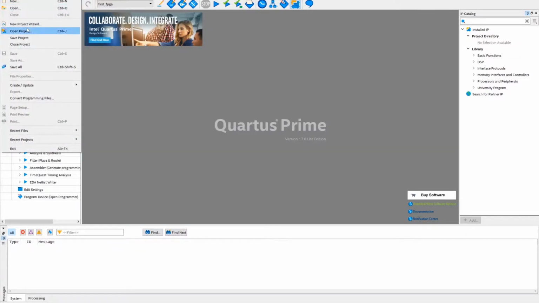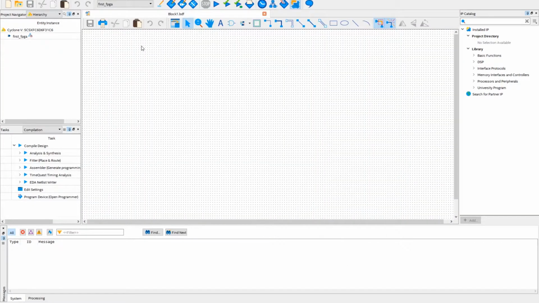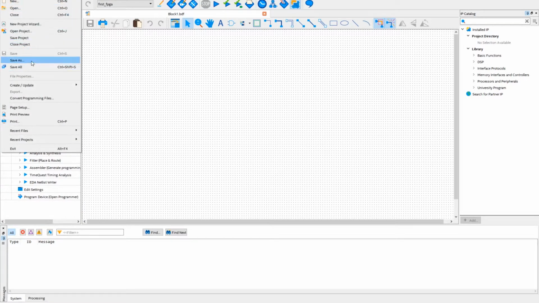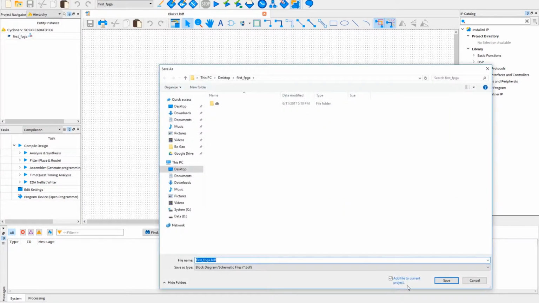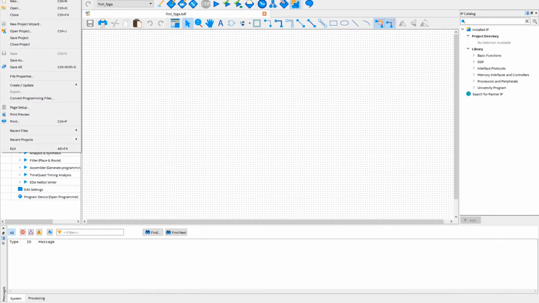Now we can create a top level file. I always prefer the top level to be schematic capture, and then we are going to have Verilog or whatever language for the actual module implementation. But for the top level, I always want to have the schematics. Okay, now we have it, and we save the file. Save as first FPGA.bdf, great. And then we create the actual